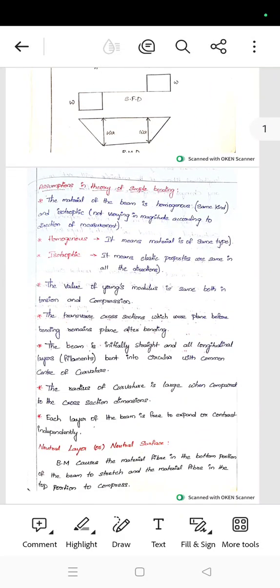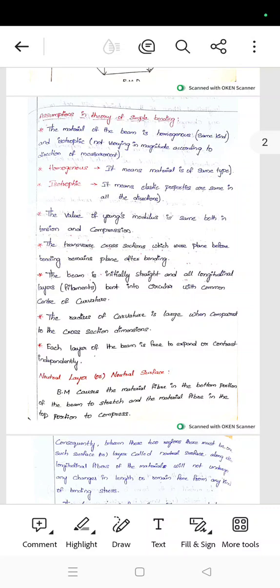So next, coming to the assumptions made in the theory of simple bending. The first assumption is that the material of the beam is homogeneous and isotropic. Okay, so what is meant by